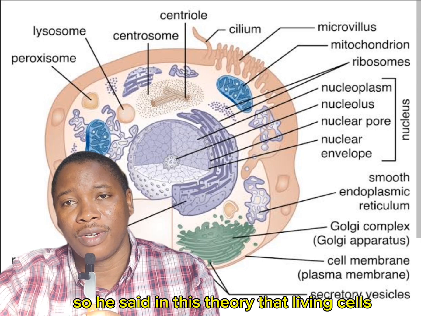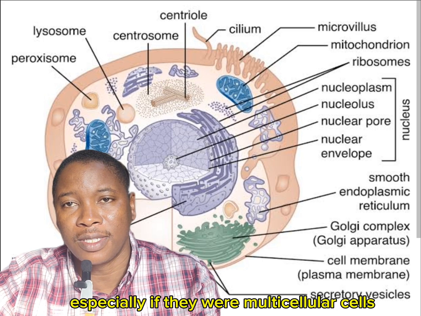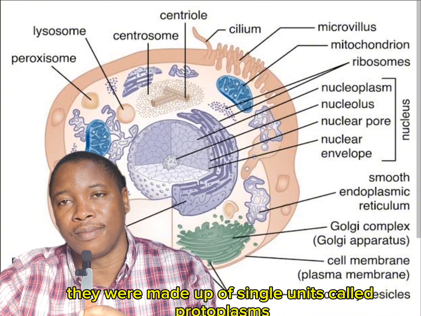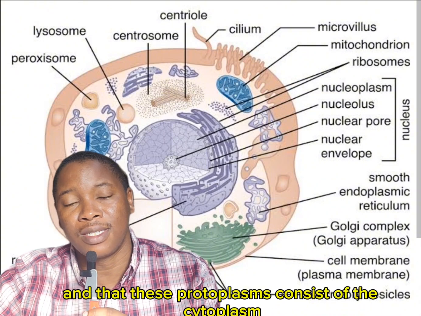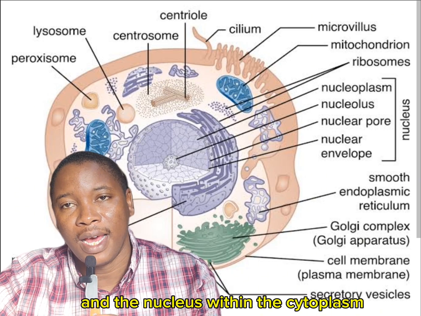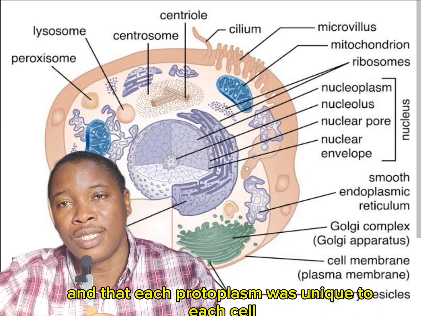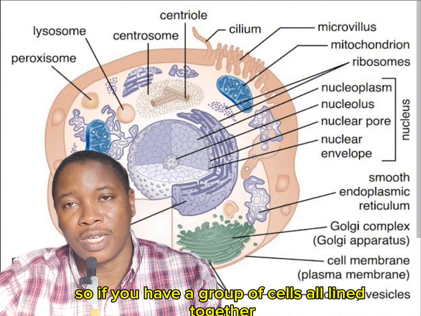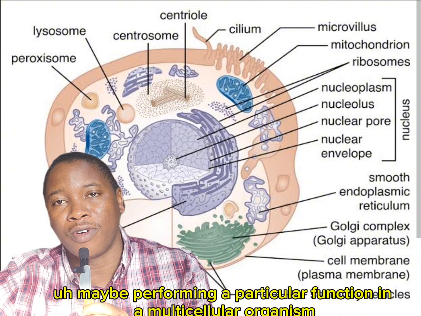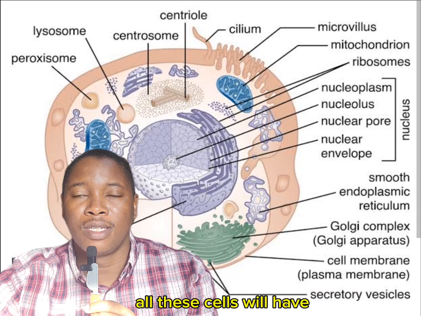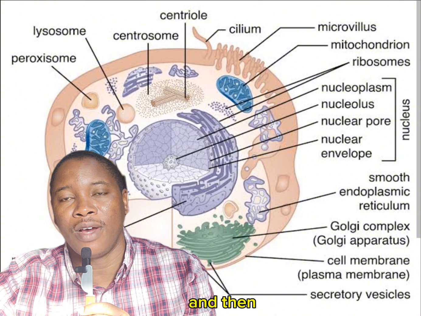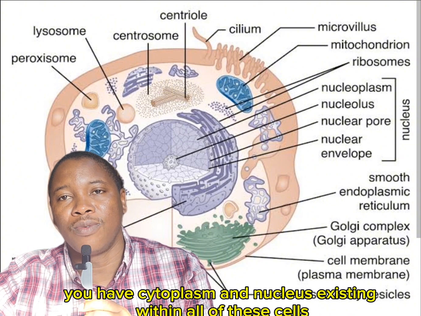So he said in this theory that living cells, especially if they were multicellular, were made up of single units called protoplasms, and that these protoplasms consist of the cytoplasm and the nucleus within the cytoplasm, and that each protoplasm was unique to each cell. So if you have a group of cells all lying together, maybe performing a particular function in a multicellular organism, all these cells will have their unique protoplasms,